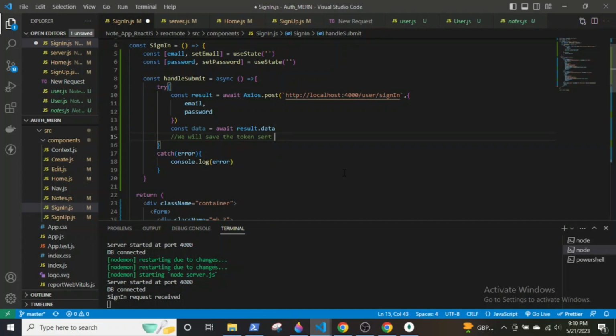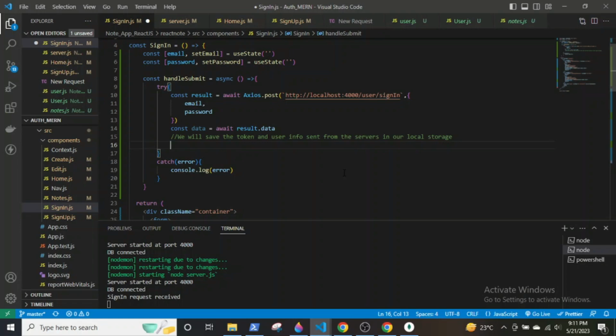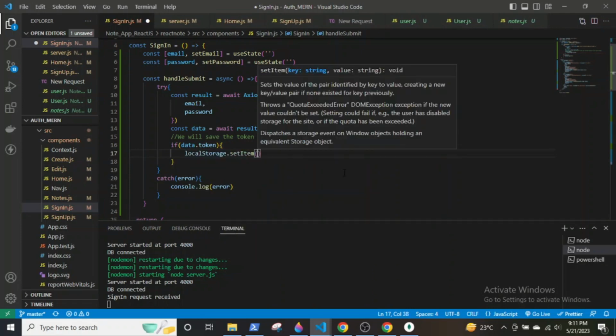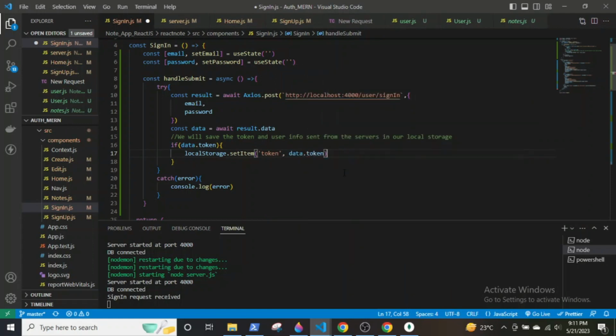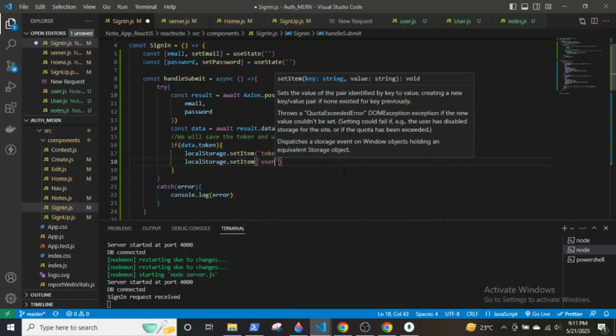The data contains two parts. One is the token and another one is the user information sent from the server. And we are going to save both of them to the local storage. So if there is data.token, localStorage.setItem token, data.token. Similarly, set item as user,